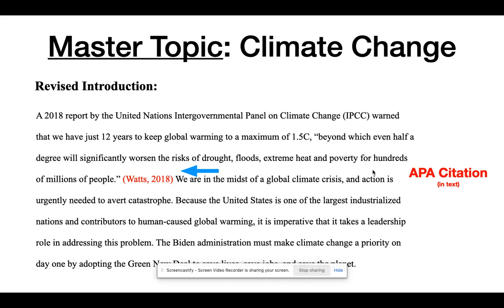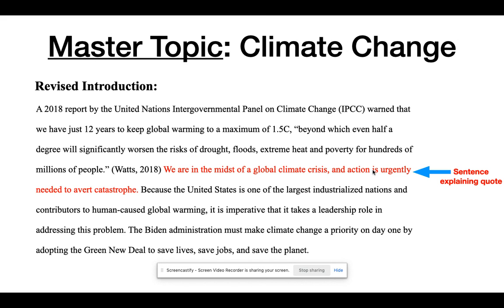So then the sentence that comes after that explains the quote. You don't want to just have a quote or a statistic or story and just leave it there. You need to give some explanation. So this one, we are in the midst of a global climate crisis and action is urgently needed to avert catastrophe. And you can see how that's emphatic, specific language as well. And then the sentence that follows after that